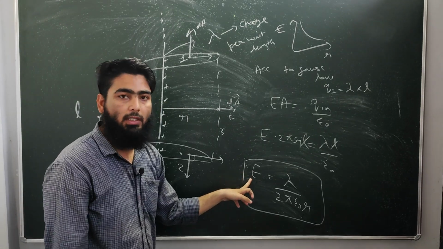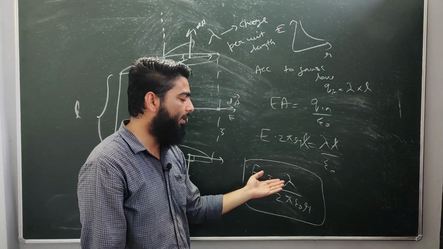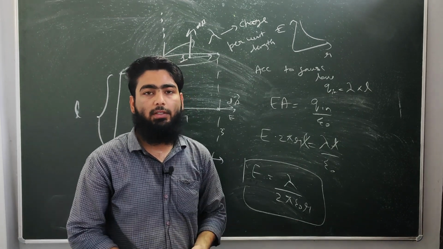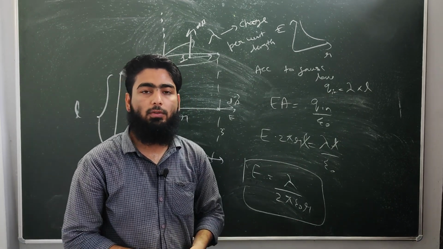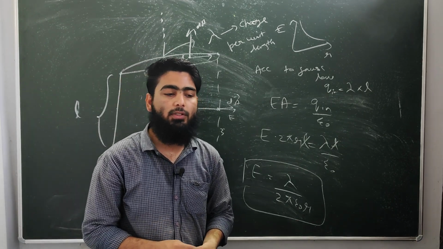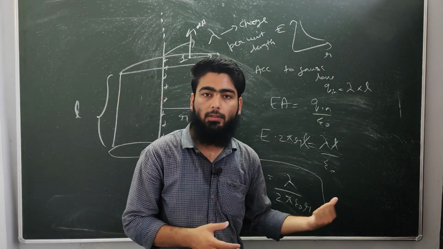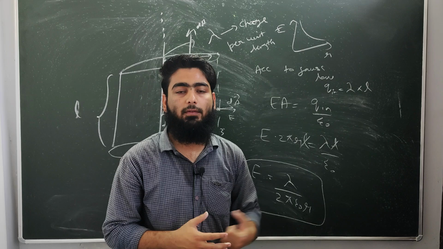We have found the electric field in terms of R. Lambda is obviously a constant, and pi is also a constant. So on the basis of this derivation, you can do various problems. We will do some more videos on this to do various types of difficult questions and some important questions on this formula. And the important thing is also the graph. Thank you so much.